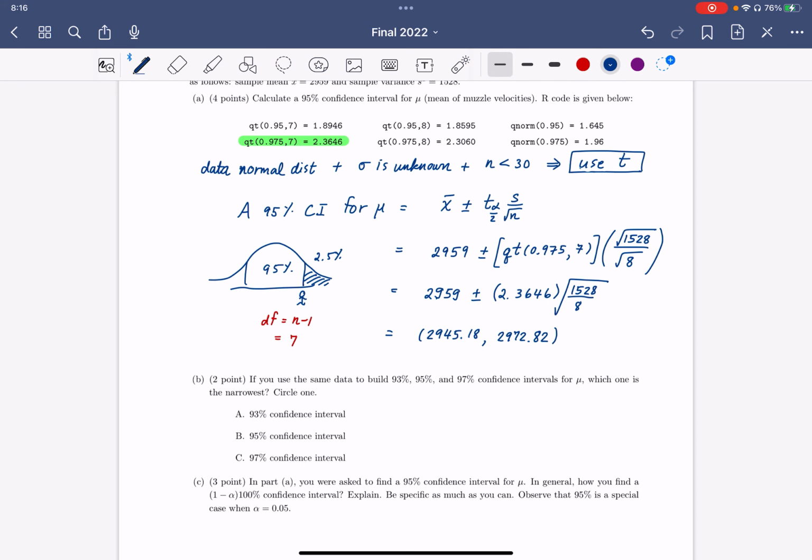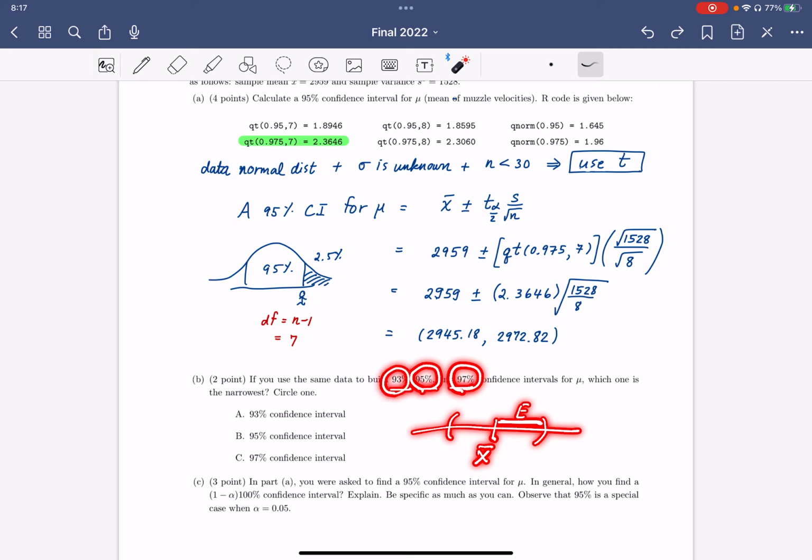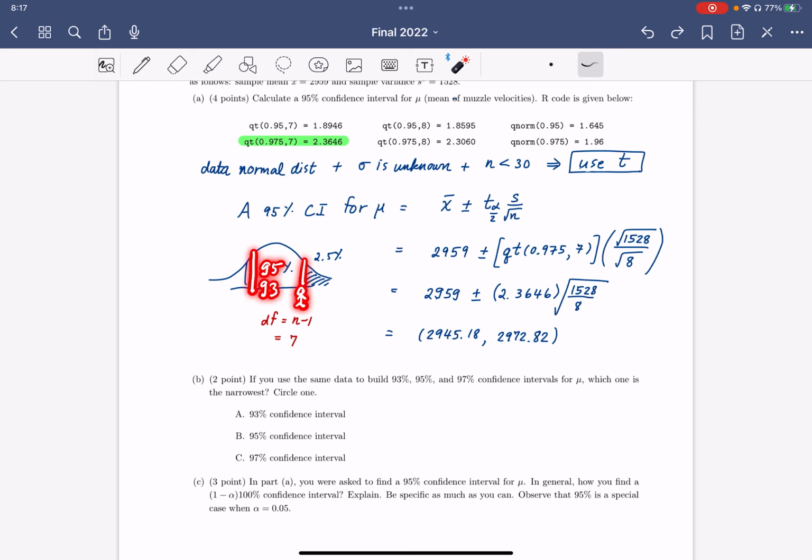So part B. If you use the same data to build 93, 95, and 97% confidence intervals for mu, which one is the narrowest one? When you use the same data set, the center is going to be the same, which is x bar, and the margin of error is going to be different depending on the critical value you put in. Let's think this way: if you have 95%, you cut here. If you use 93%, the area in the middle is going to be